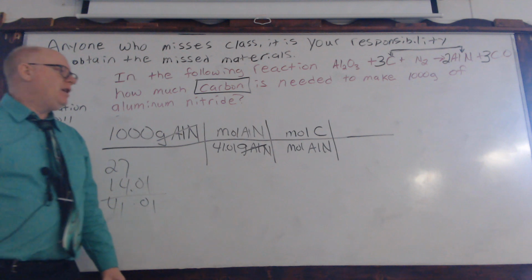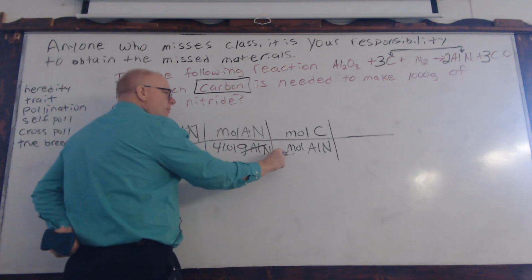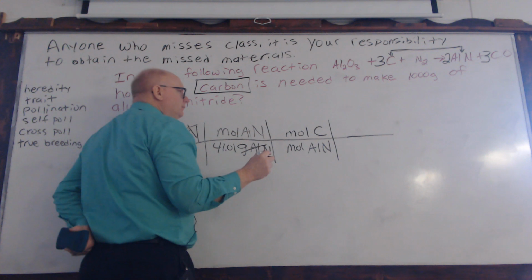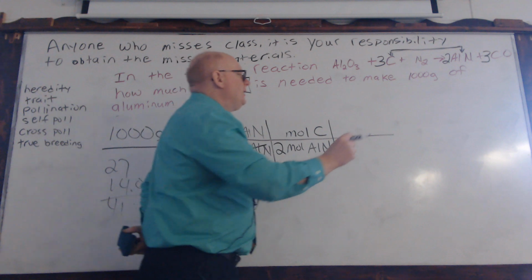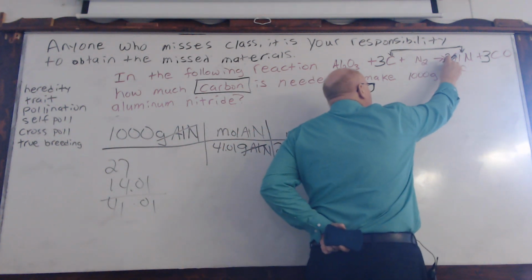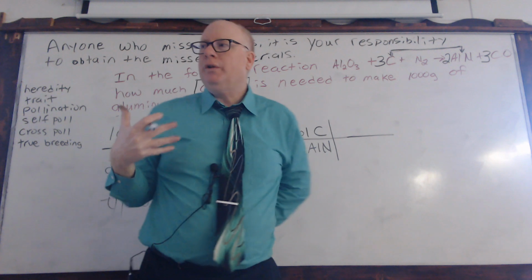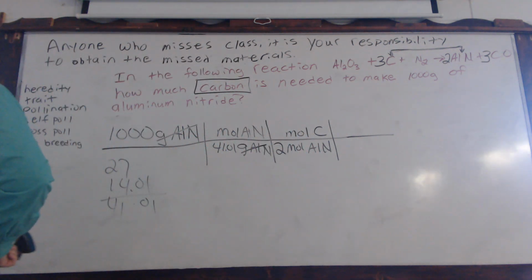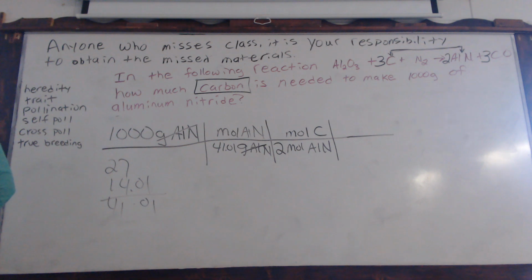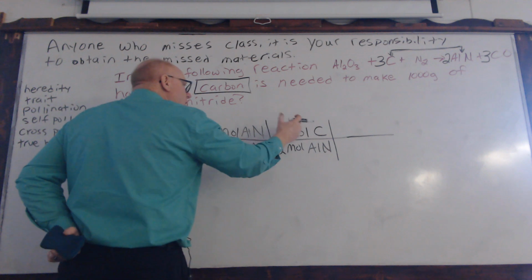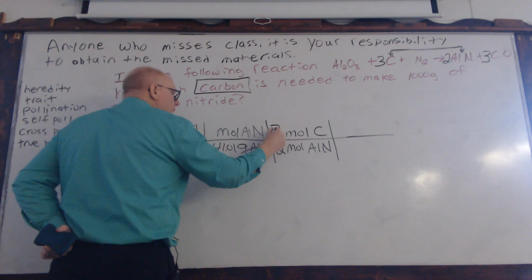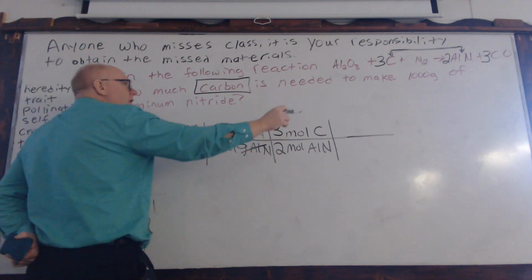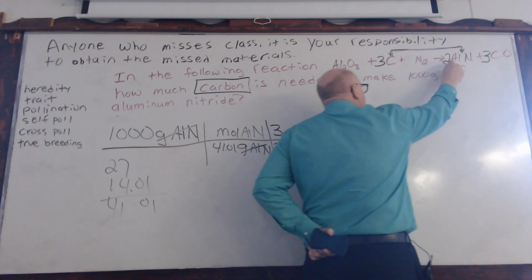Once you refer to your reaction, how many moles of aluminum nitride are there? You're right, but why are you right? Because that is from this coefficient up here. That's why we said when it comes to doing stoichiometry, if you are not good at balancing chemical reactions, you just can't do this process. You just can't, because these numbers are so important here. So what do we see in front of the mole of carbon? 3. So it's a 3-to-2 ratio because of this number and this number.